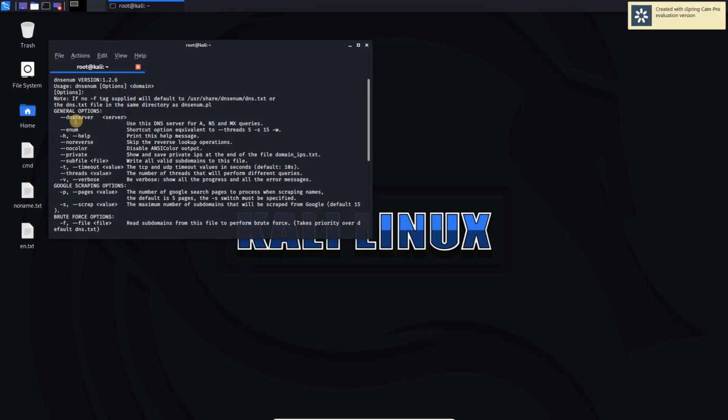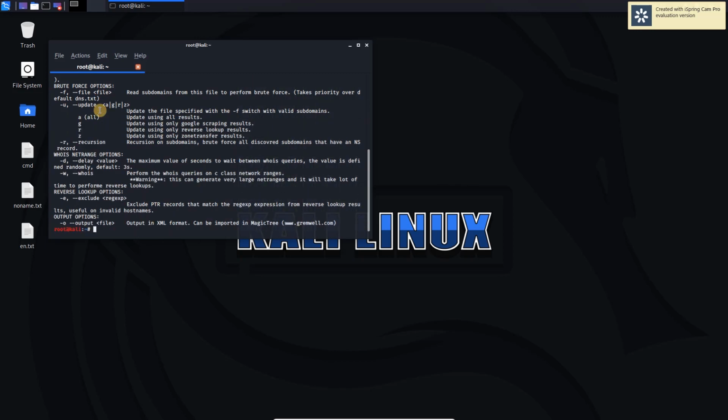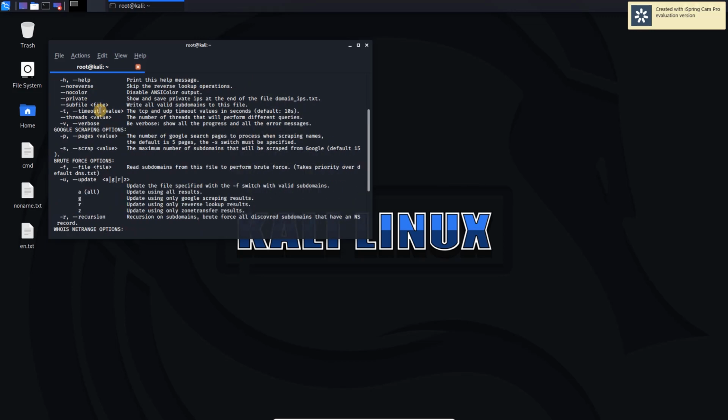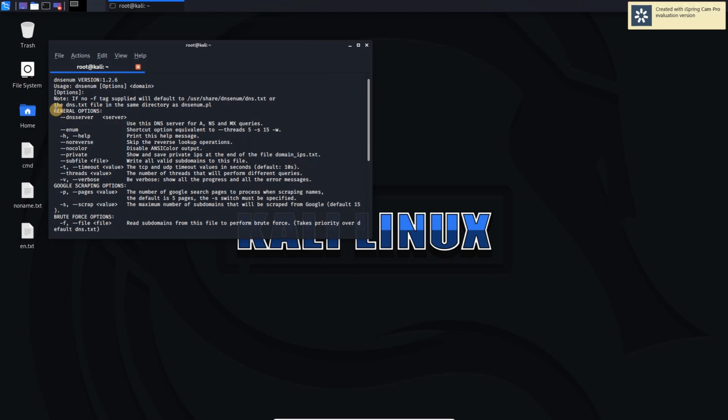So we have different options here. We will not look at all the options, we will look at some important options. For example, we have general options here, and the first one is dash dash dnsserver and the name of the server.